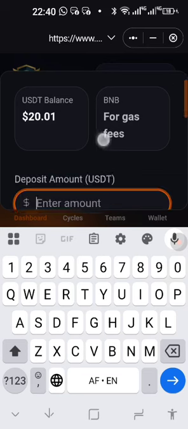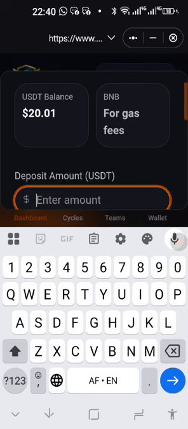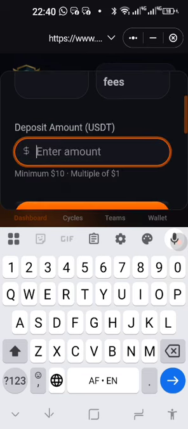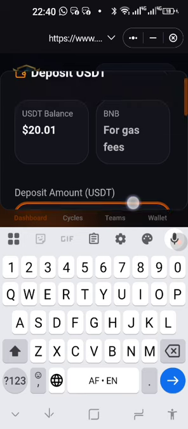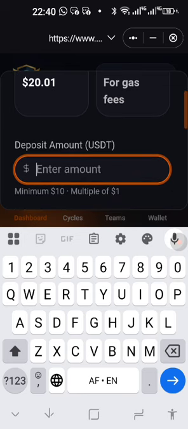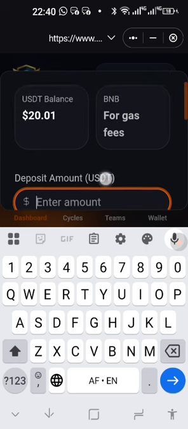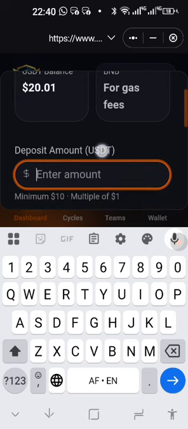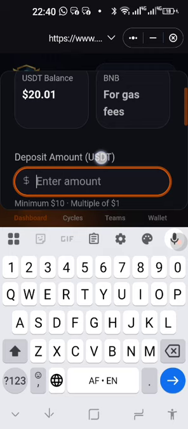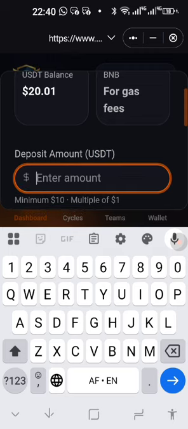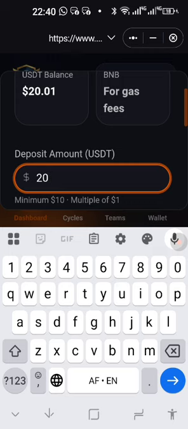Take note that you can only invest round dollar amounts, in multiples of $1 with a minimum of 10, which is explained for you right there as well. Right, so we do not recommend people come in with $10, although that is the minimum. For you to receive referral commission, you must start by investing $20 yourself. So we're going to put in 20. You don't add the cents, only 20.